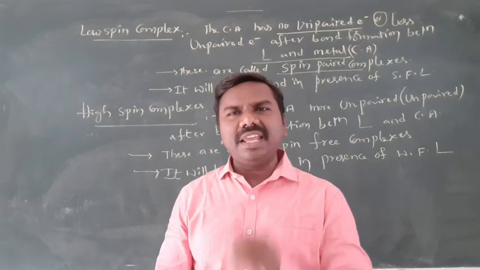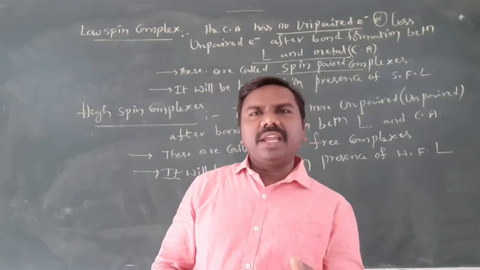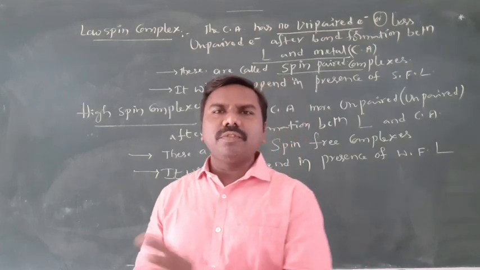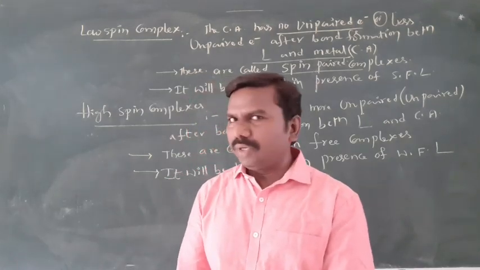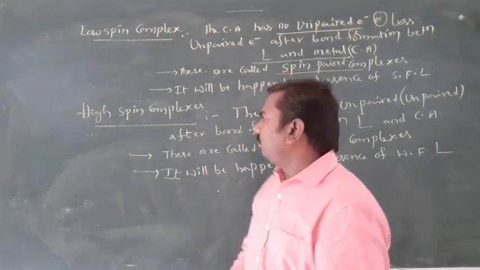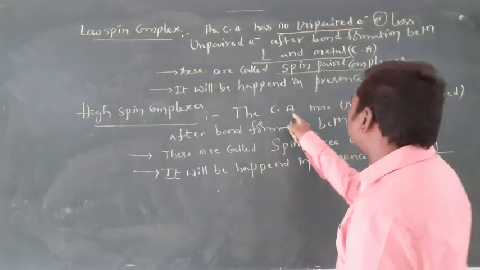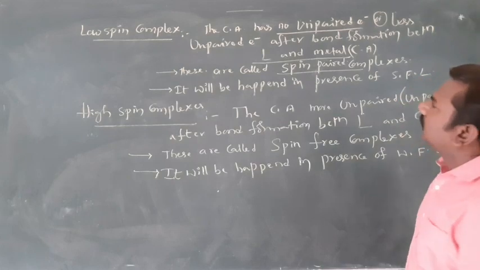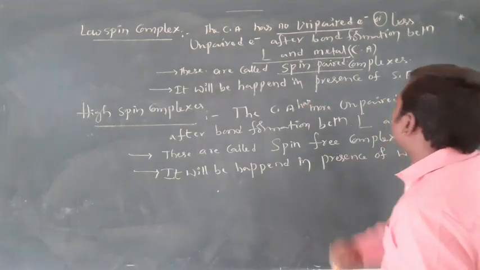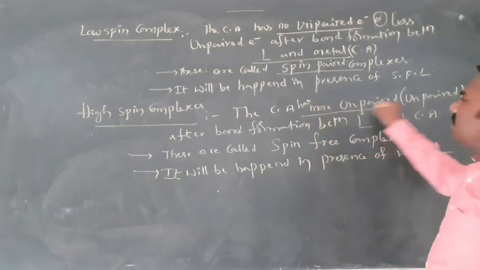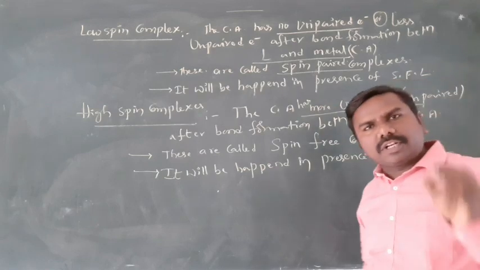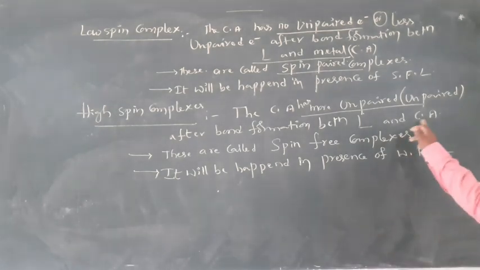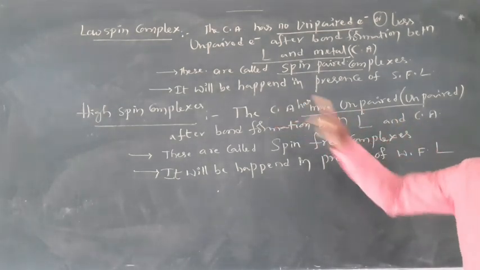We will study the reasons for strong field ligands and weak field ligands: why a few were named strong field, why a few were named weak field. No need to get confused here. High spin complexes: the central atom has more unpaired electrons after the bond formation between the ligand and central atom, called high spin